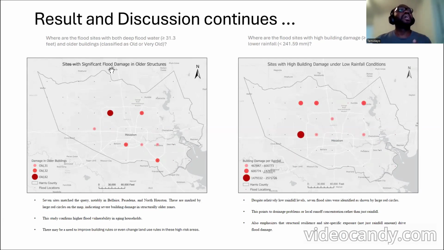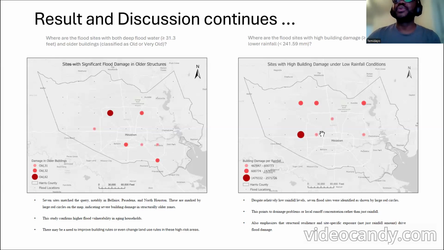We have, where are the flood sites with both deep flood water and older buildings? What this is basically showing us is where in Harris County do we have old buildings that are affected by significant flood amounts. As you can see, 82 feet of flood depth corresponds to areas where you have aging households. In other words, 7 sites met this query, and they are marked by large red circles on the map, indicating severe building damage in structurally older zones. The study confirms higher flood vulnerability in aging households. By way of implication, there may be a need to improve building rules or even change land use rules in